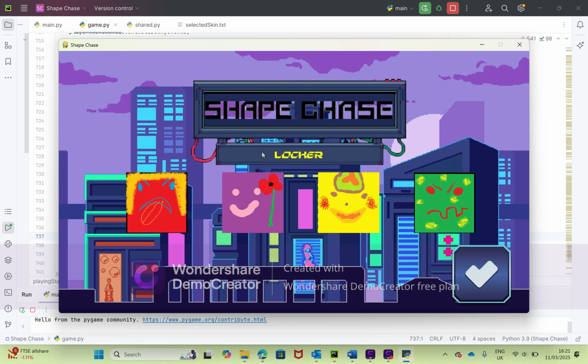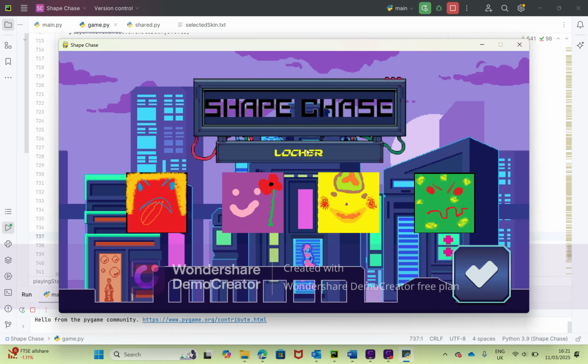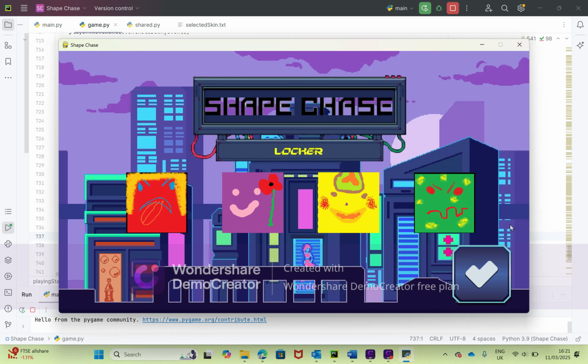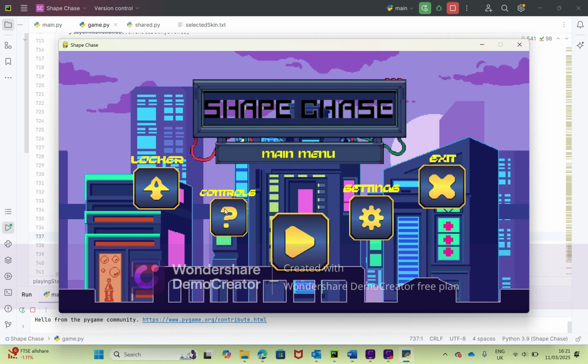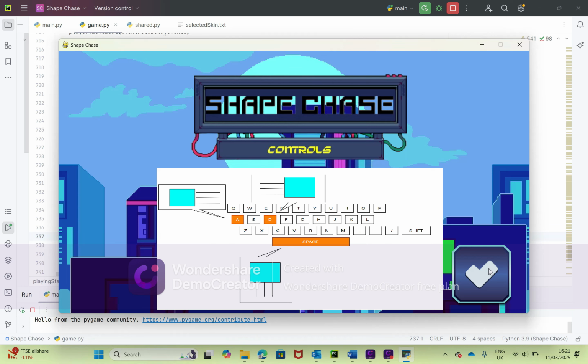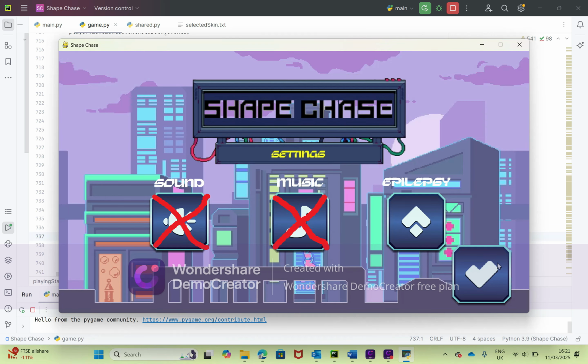So we're going to go into the locker, and we're going to see that there is a done button here. This button makes sense. It's a tick. It means once you've selected, for example, this skin, you click on it, and you're gone. Same with the controls. You tick, you click on it, you're gone. Settings, you tick, you click on it, you're gone. Now, looking at the settings,